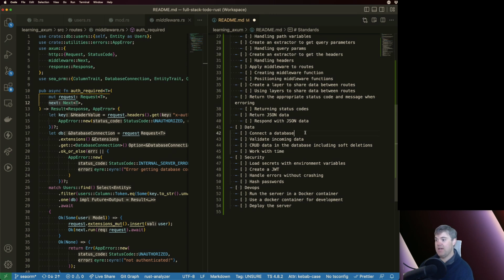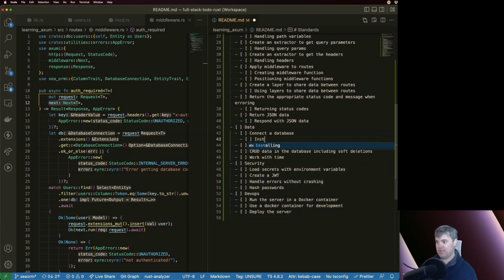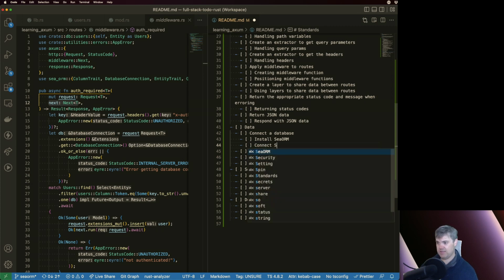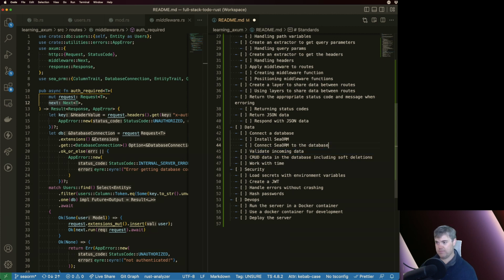Okay, data. Connect a database. So install CORM. We have CORM installed. We need to connect CORM to the database. Once we've connected it to the database,